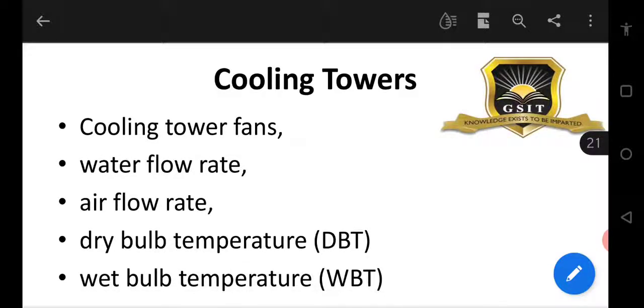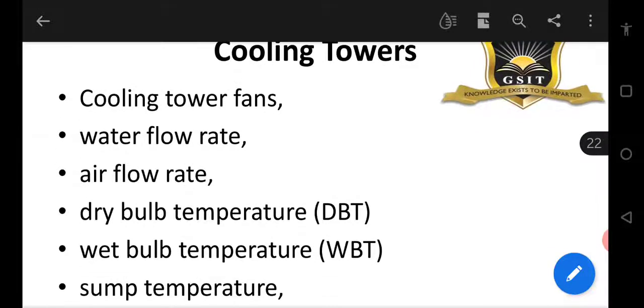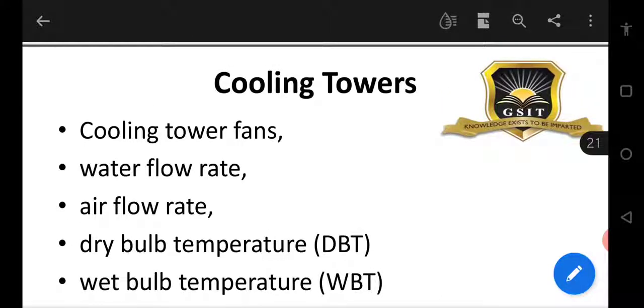So cooling towers are there. Again, there are various types of cooling towers, and there is big technology involved in that. There are fans for cooling towers. Of course, these are not like power plant cooling towers, which have that hyperbolic structure. They are not like natural draft cooling towers.